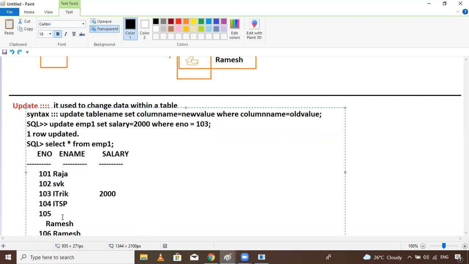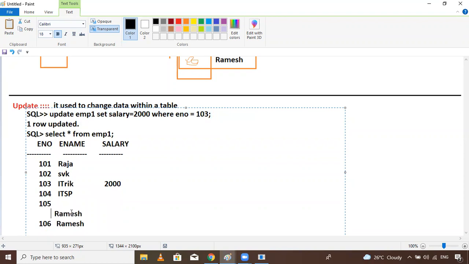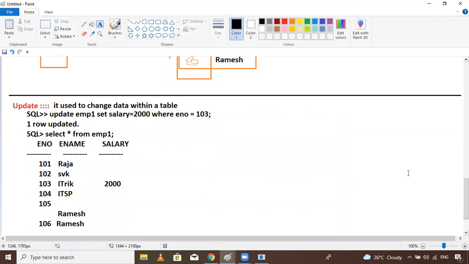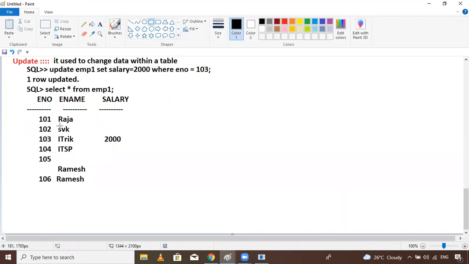Why? Because you should be aware of how to insert. Now here, name. By using name also you can insert it. It's totally depends on you. Here, this one is inserted, the particular data. So this one we inserted inside the particular column. By using the update command, we can insert it. Okay.